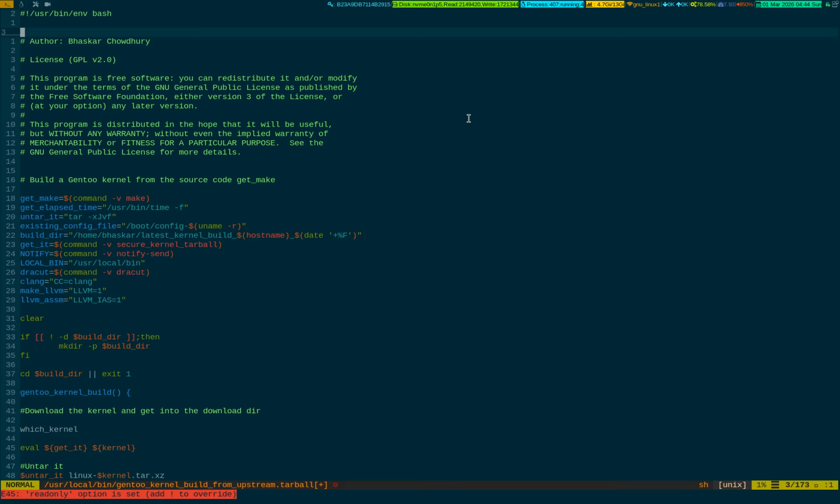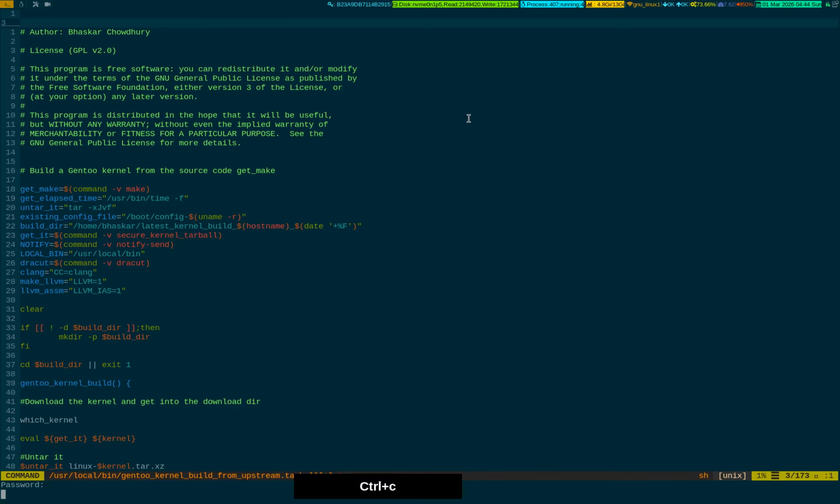Okay, so I have an entry in my vimrc. If I press colon capital W, look at the bottom of the screen, see, it is prompting me for the password. Now if I put the password, it will write. This is the stuff I have in my vimrc, but you could do better without all this mechanism. Okay, so if I cancel it,